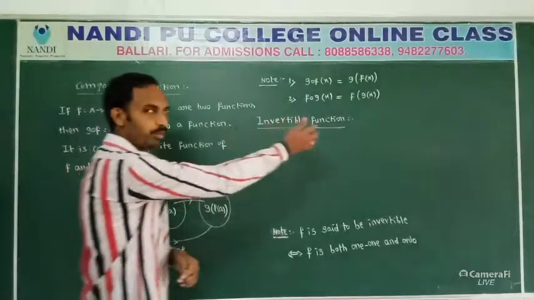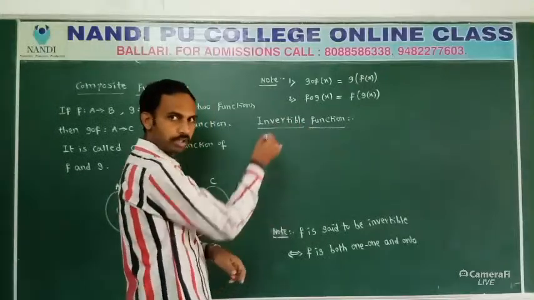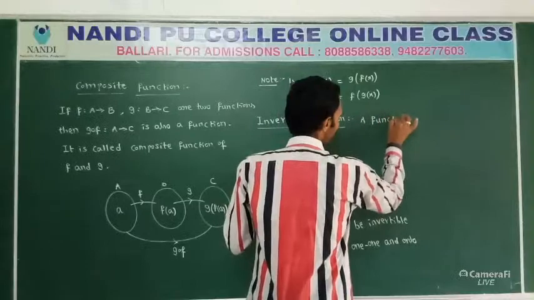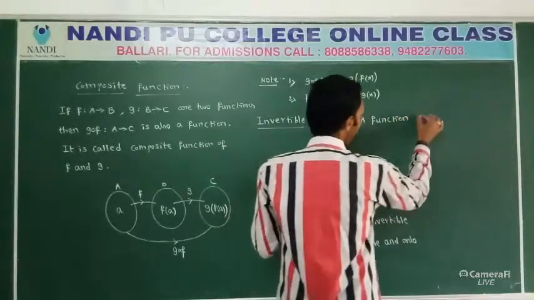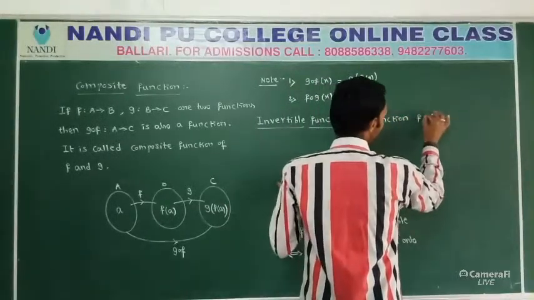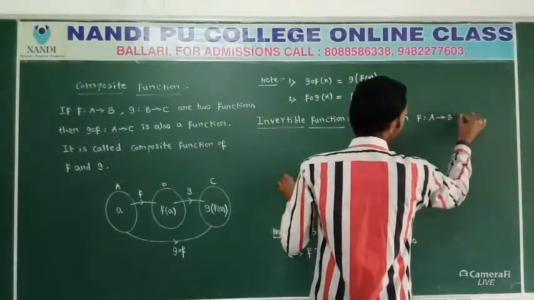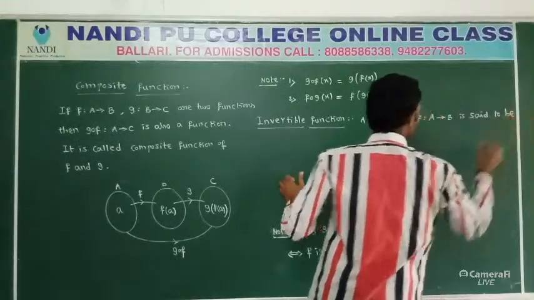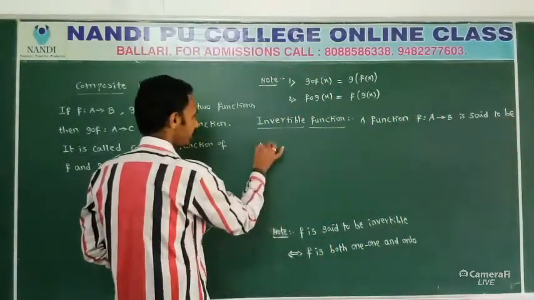Okay. Invertible function. Side heading: invertible function. Write down the definition. A function f: A to B is said to be invertible